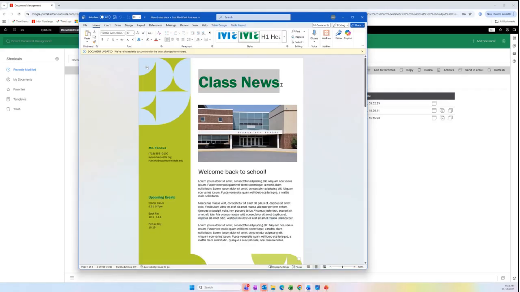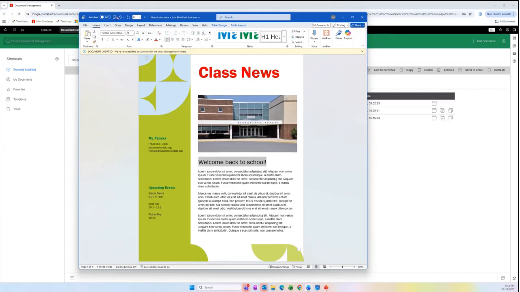Okay, and what I'll do is I'll just change, let's see if I can change the color of the text here so you can see it saved. But if you wanted to make any changes to this document, let's say it's no longer welcome back to school, but it's something else, you can finish it and then you can save the document. And I just changed it red for the sake of today, but I won't get into too much of changing it. And then after you're done saving it or you've made any changes to the document that you want,